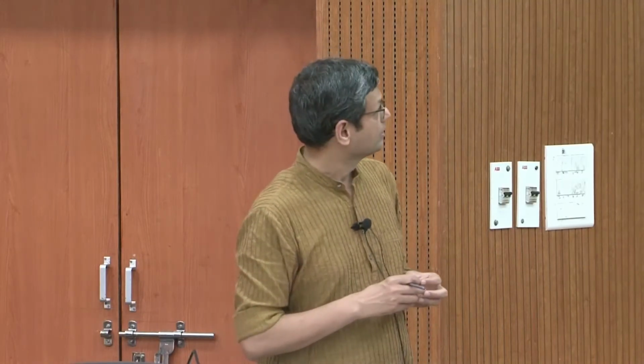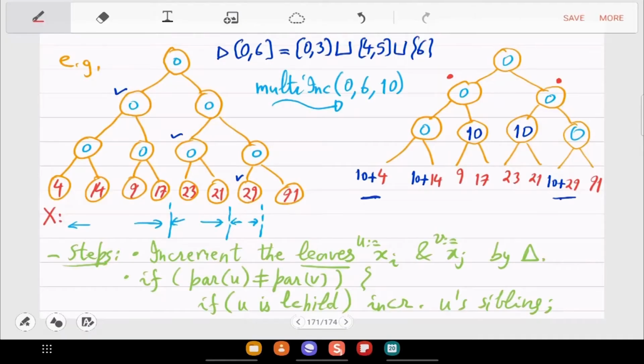If the parents are the same, then there is no gap, so the function ends. Okay, so this is the pseudocode, and the execution of this you can see on that example 0 to 6. Any questions?